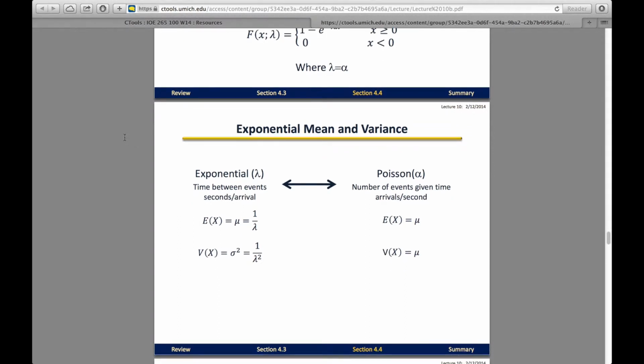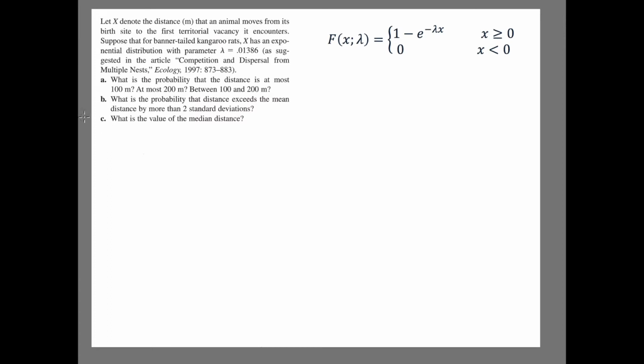Next, we'll work on an exponential distribution problem. Okay, so we'll be doing this problem from the book, so just take a second to read it over. So it's just talking about the territories of kangaroo rats, and lambda is given right there. So for part A, it's asking us to find the probability at most 100, at most 200, and then between 100 and 200. So for this, we'll be using the CDF function, which is given right there in this one,